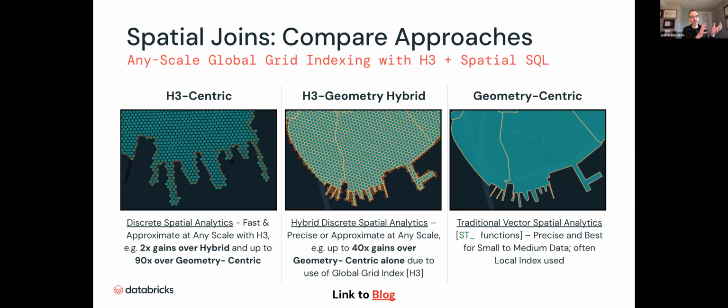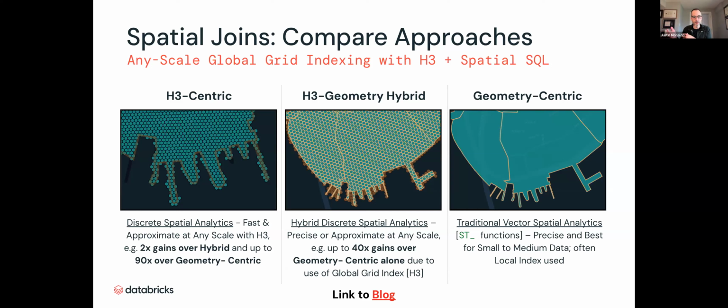It's like over 90x gains versus just doing straight up polygons. So you can do this. But of course, you lose precision at the edges in this case. If you hop all the way over to the right, this is the slowest approach, but you obviously get the most accurate results with your ST functions looking at